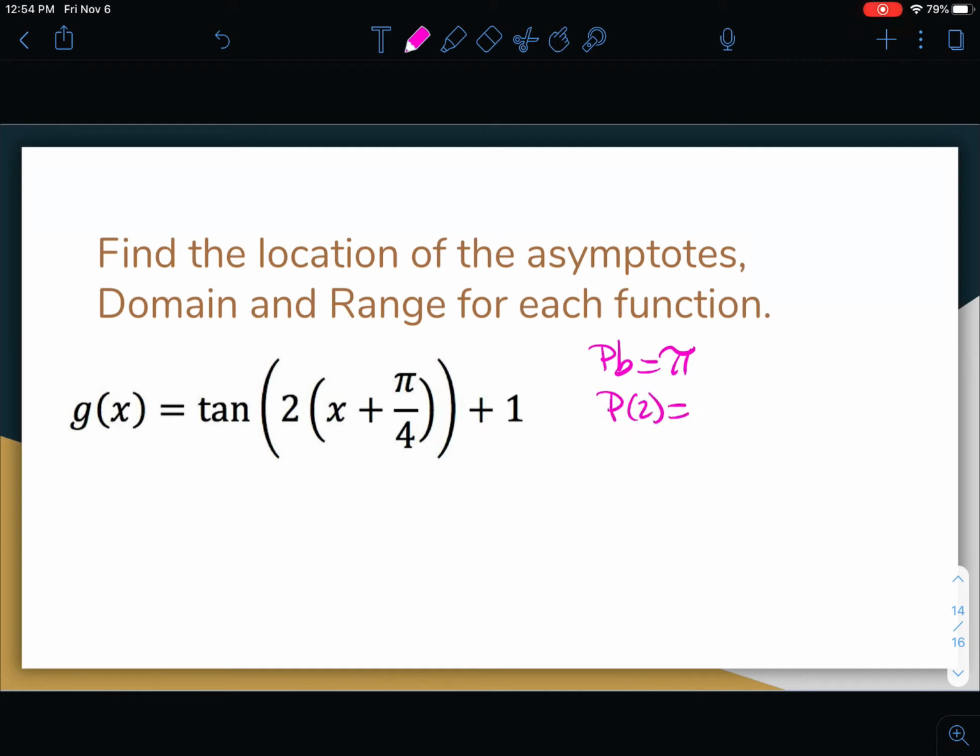P times b is pi. That is still correct. P is going to be times 2 equals pi. Okay. So 1/2 pi is still that